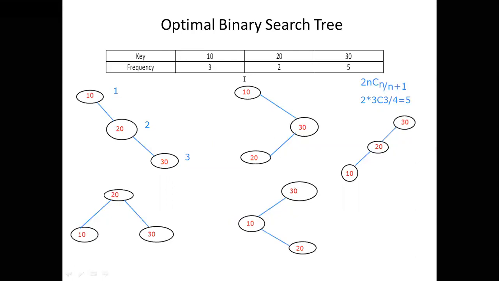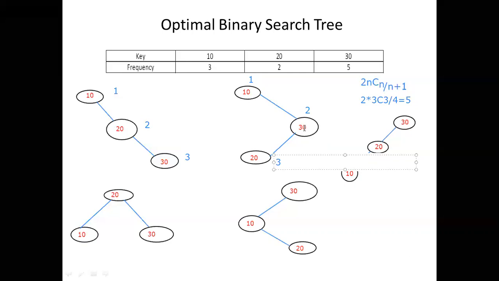This one also I will write. First I want to search whether 10 is present in this binary search tree or not. Root is 10. Is 10 equal to 10? Yes. One comparison. Now I want to search whether 30 is there or not. First, is 10 equal to 30? No. Second comparison, it is going to match. Next, again I want to search 20. Is 10 equal to 20? No.